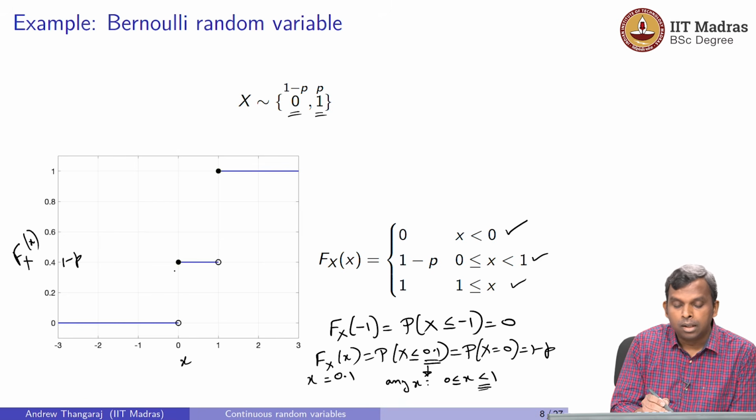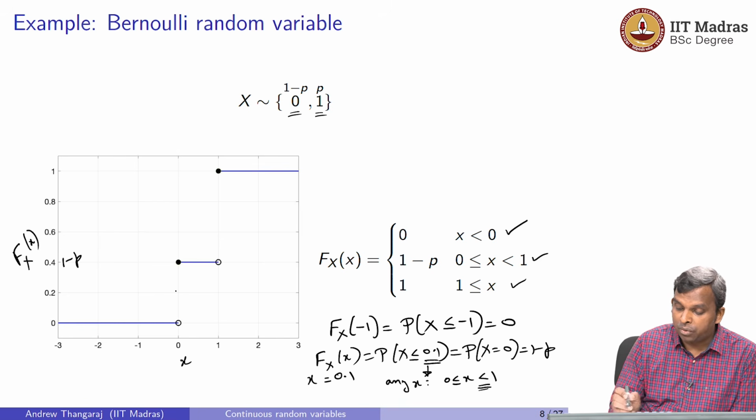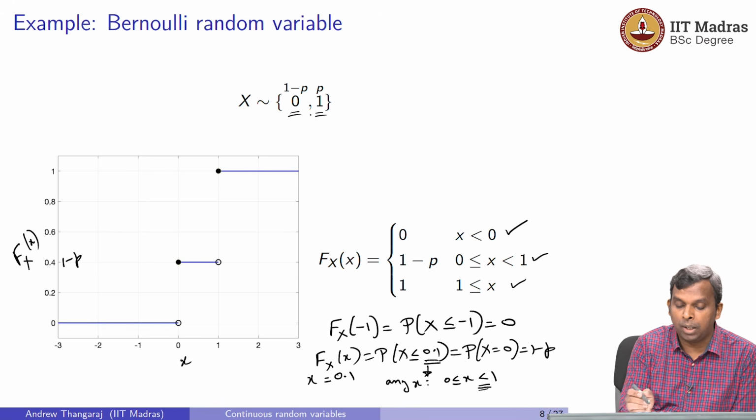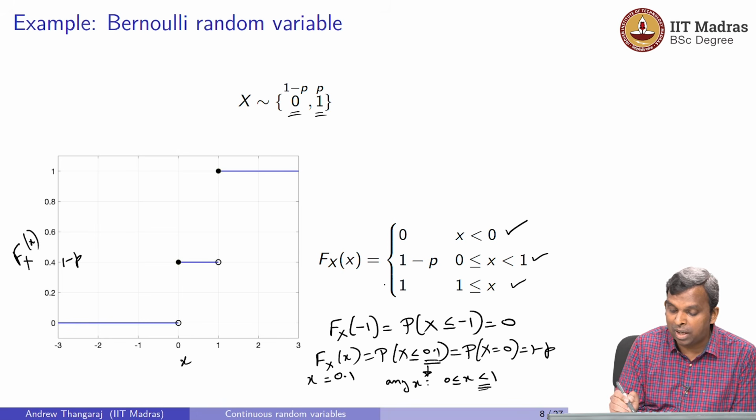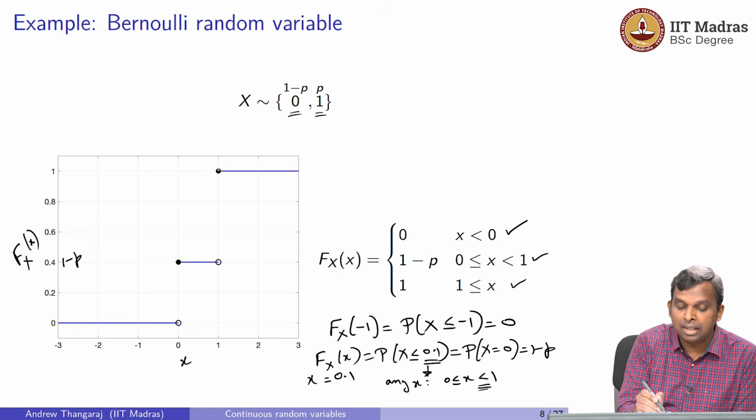Okay, all right. And notice what happens between 0 and 1, Fx of x stays there. It doesn't go up or move anywhere, it just stays flat there, till it hits the next point, 1, where x takes some value with some probability. There again at 1 you have a discontinuity, right? You have a jump. At 1 the actual value of Fx of x becomes 1, and then after 1 it just simply stays at 1. So this is the plot of this Fx of x.